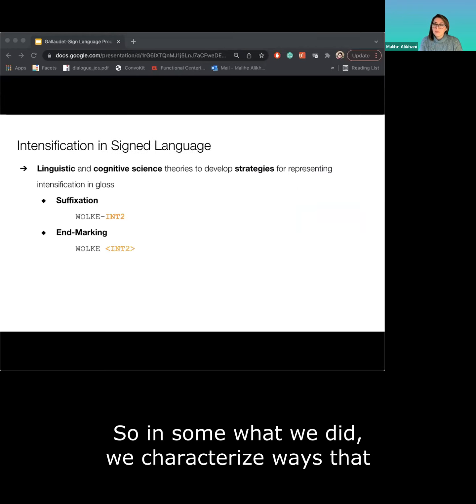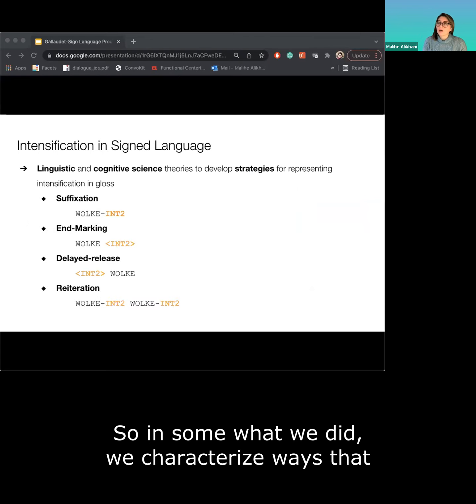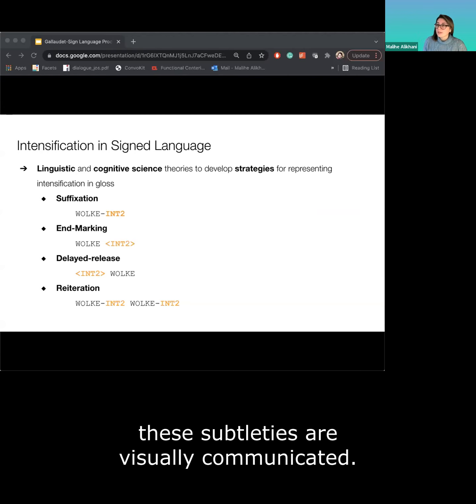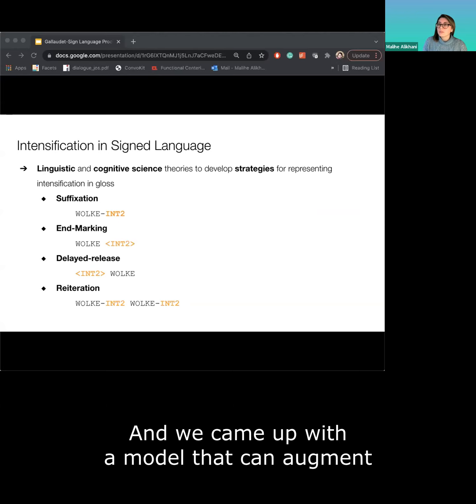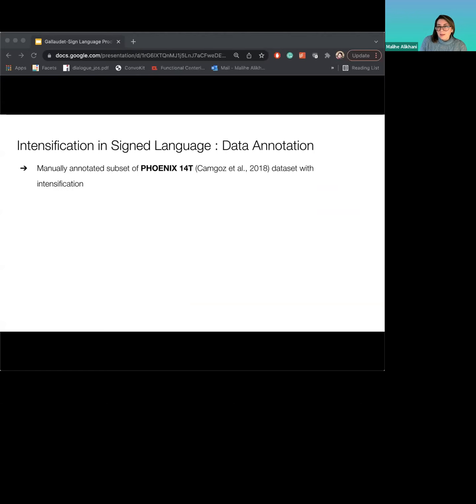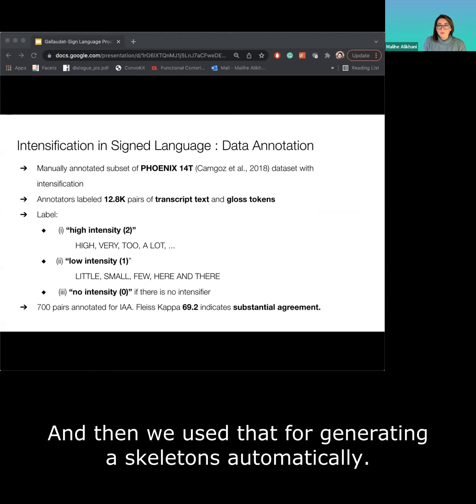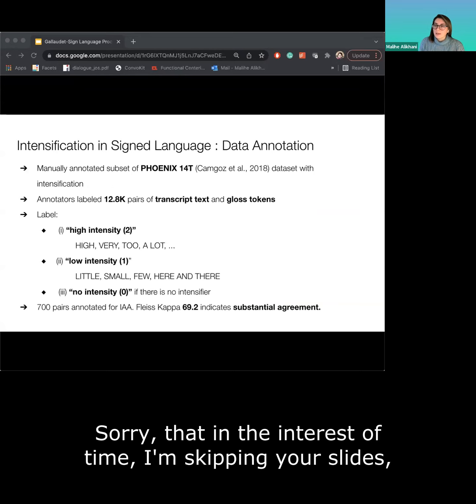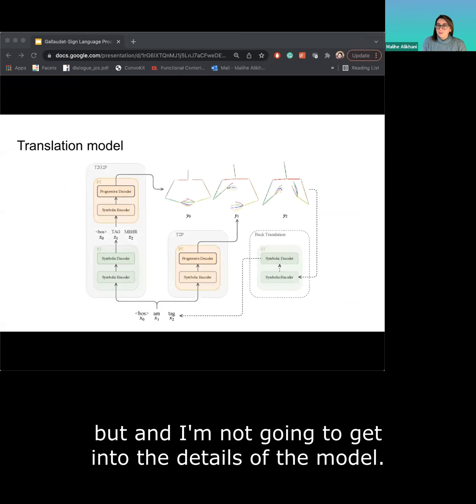So in sum, what we did, we characterized ways that these subtleties are visually communicated. And we came up with a model that can augment the gloss system so we can represent meaning. And then we use that for generating skeletons automatically. Sorry that in the interest of time, I'm skipping a slide, and I'm not going to get